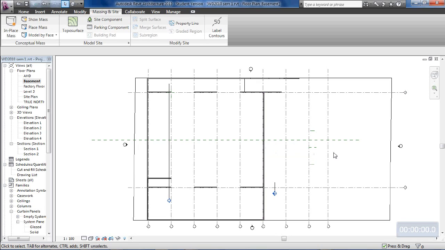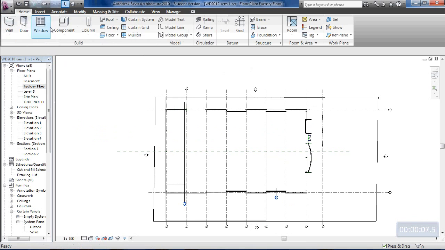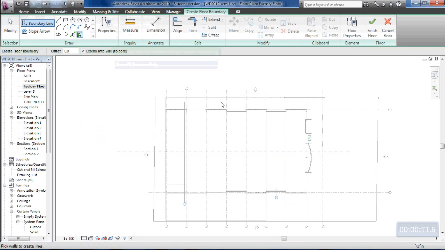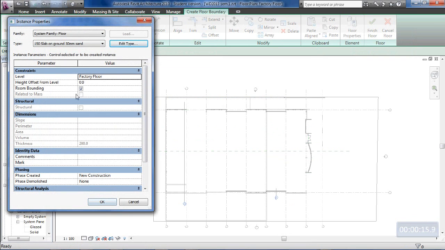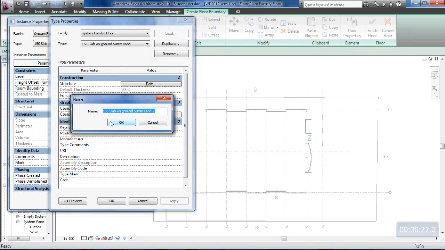and from there forward can be a slab on ground. So we'll go back to factory floor level, and I'll go to home and start the floor command again. Okay, before I go any further, let's have a look at the floor properties. We haven't got one that will work for us, so I'm going to edit the type and duplicate it, and this one's just going to be called 250 suspended concrete slab,